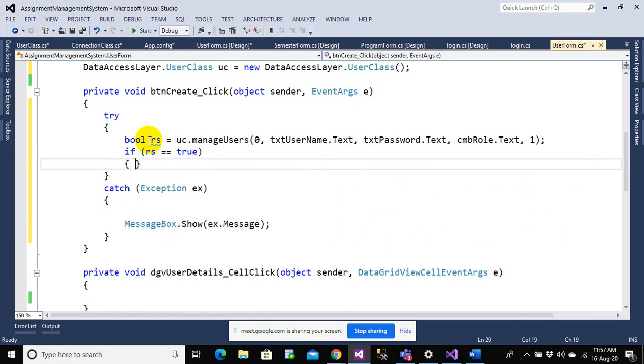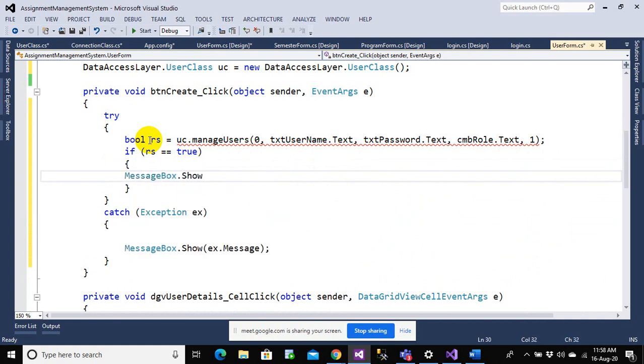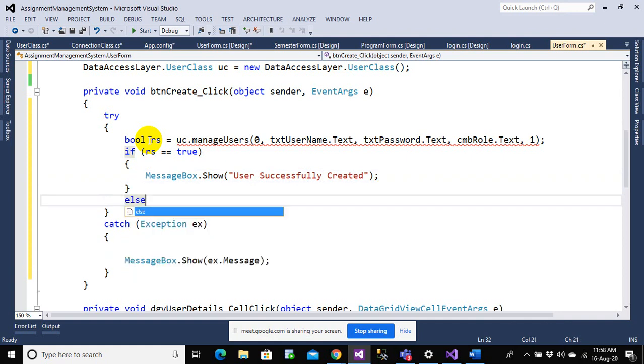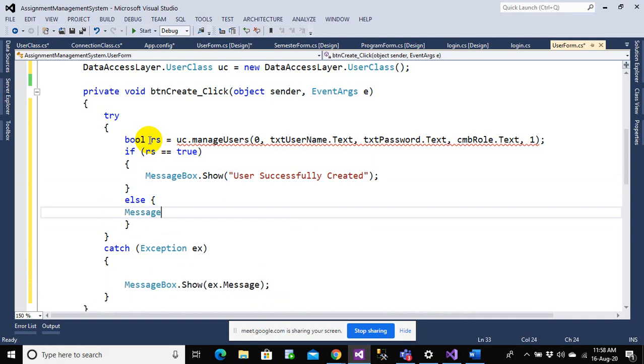You can display the message user successfully created. And otherwise, else you can just say there is some error. Error in performing the required operation.